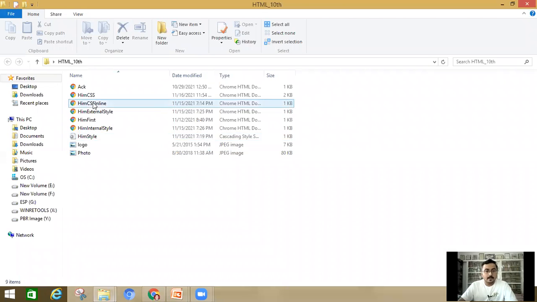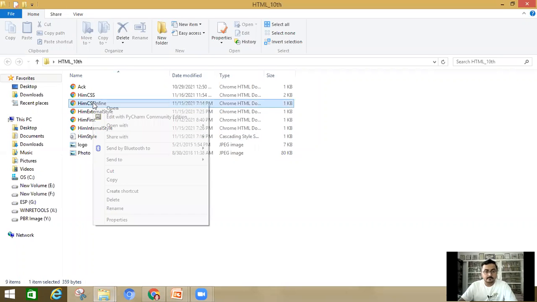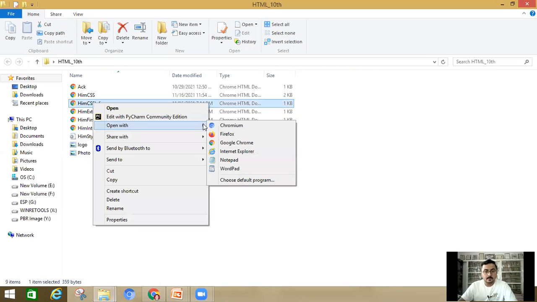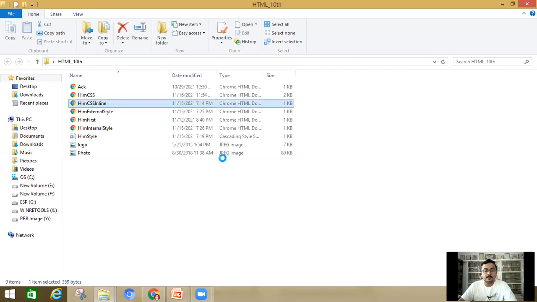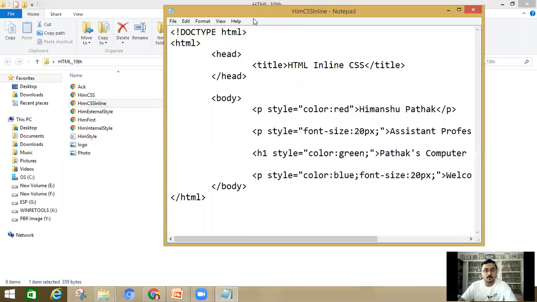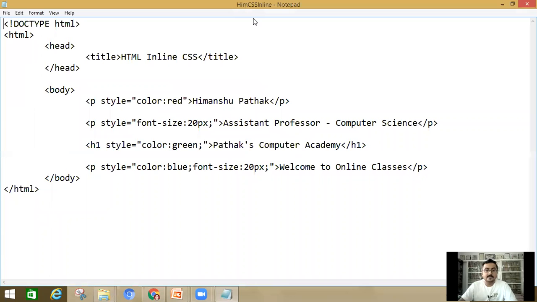Here, the file is CSS inline. I'm going to open the file in Notepad. Here you can see that there are three paragraph lines and one heading tag. In each section, I have applied inline CSS.